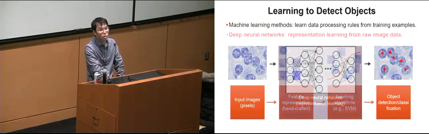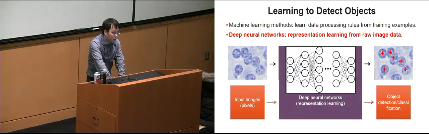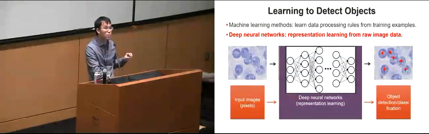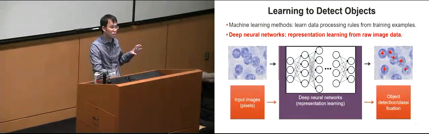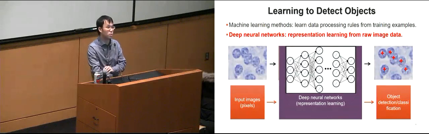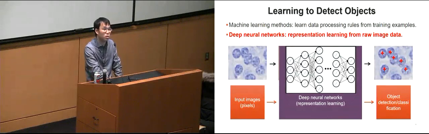Fortunately, we can use deep neural networks. Deep learning neural network is one kind of end-to-end model. Given the raw image data, it can directly output the final output, given the labels or the object detection. And all in the middle, the feature design and also the classifier training, it will handle by itself. So the problem is how to design a proper architecture for object detection in this kind of image data.